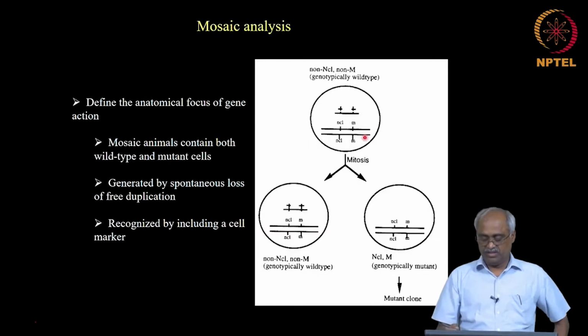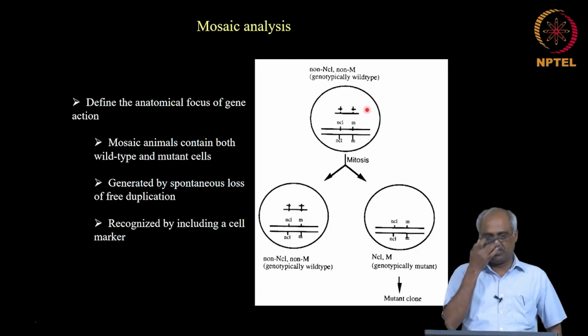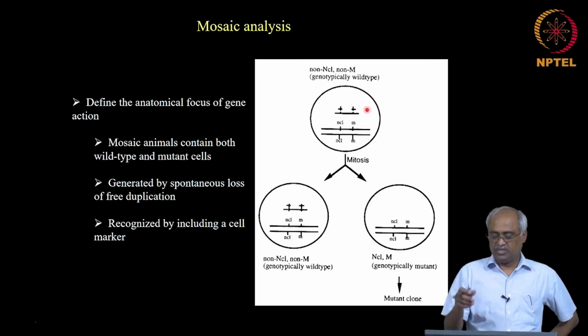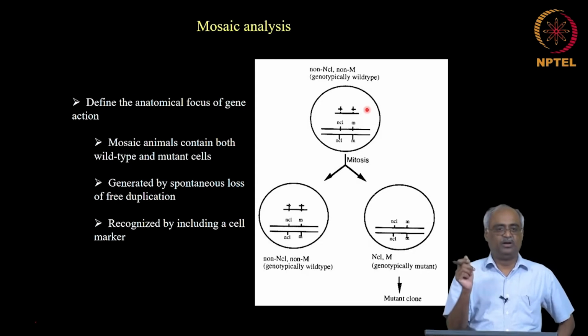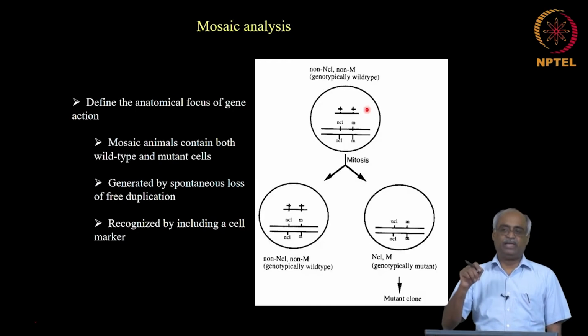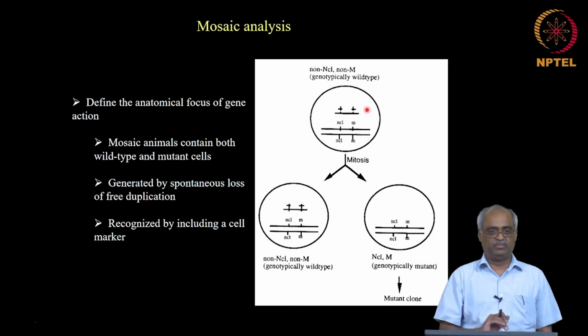For example, here you have a mutation, M over M, which is homozygous for that particular mutation. Now, you have an extra copy. Usually these are generated in large scale mutagenesis using a strong mutagen like gamma radiation, etc. So, you make bits and pieces of chromosomes called duplications, and these duplications are characterized and known based on the phenotype they confer.